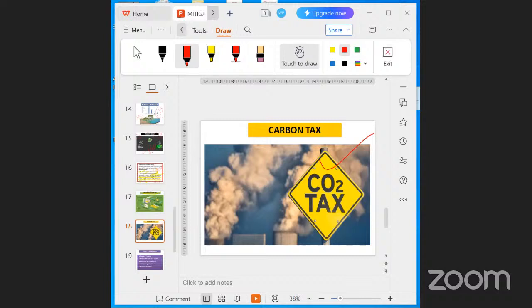Right? So what is carbon tax? Carbon tax is a fee imposed on the carbon content of fuels. So it is a form of carbon pricing aimed at reducing what? Greenhouse gas emissions by encouraging individuals and businesses to use less fossil fuel and to invest in energy efficiency and renewable energy sources, right? So now how does this carbon tax work? That is